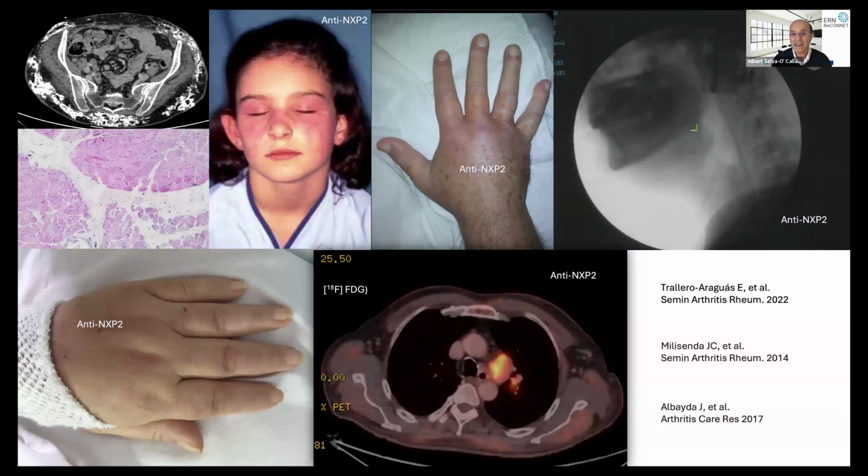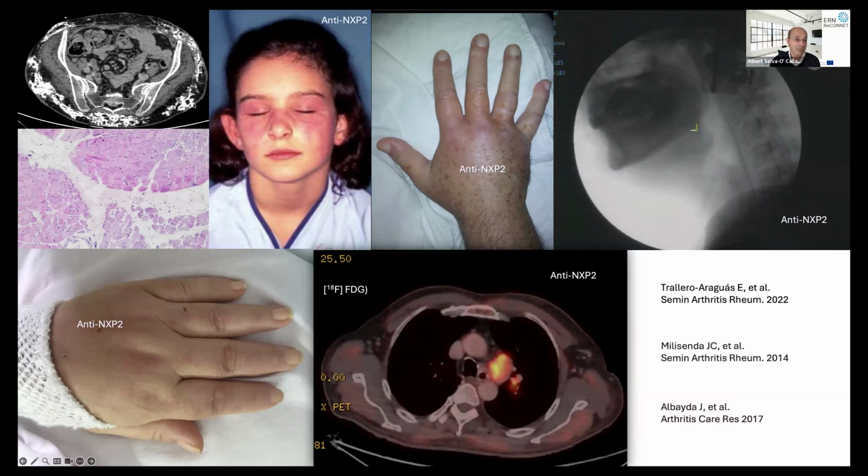Another autoantibody that has been linked to cancer in adult patients, and I repeat that, it's important, not juvenile. Although juvenile patients may be positive for this anti-NXP2, it is not linked with cancer, okay? Anti-NXP2 is also a good marker of occult cancer, and of these rare forms which are very severe, with edema in the hands and in the muscles. And this form with edematous dermatomyositis usually also harbors a cancer and is anti-NXP2 positive.